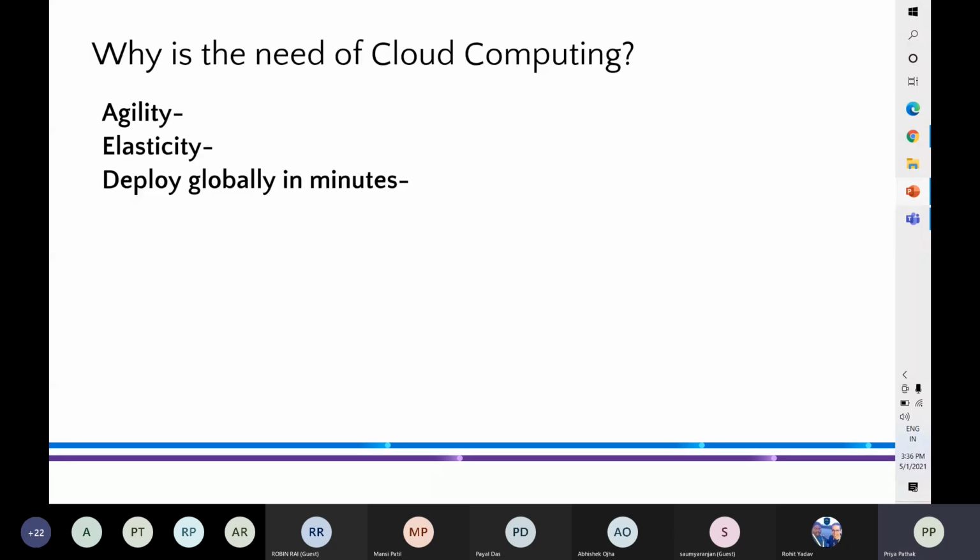So what is the need of cloud computing? The first reason is agility. The cloud gives you easy